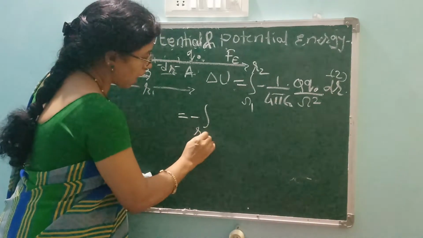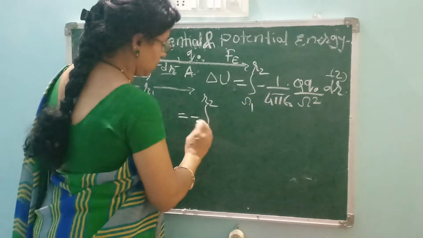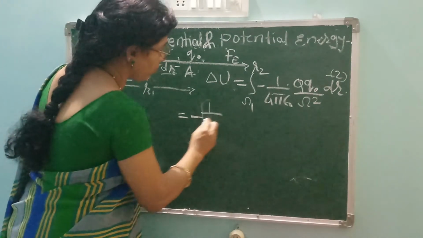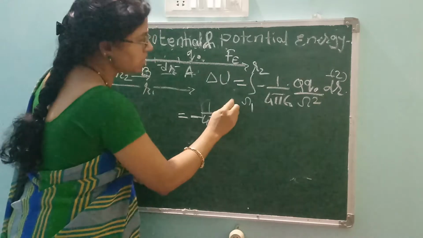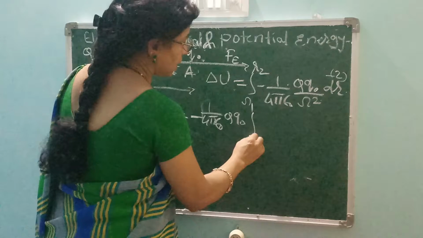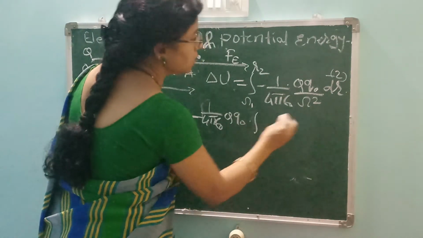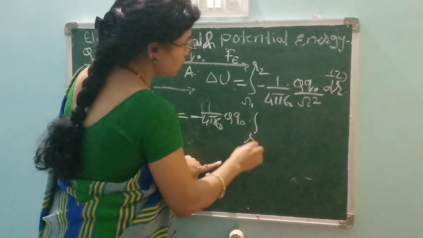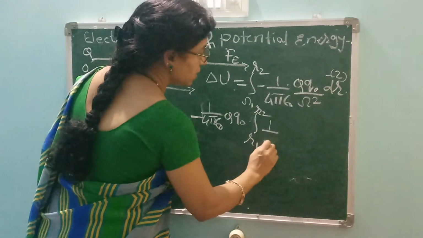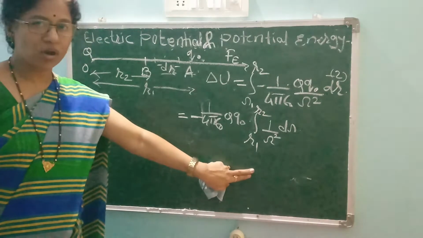Now in this case r1 to r2, whatever the constant term, we are taking outside, ठीक है, इसके इंटीग्रेशन के हम लोग बाहर ले लेते. So minus 1 upon 4 pi epsilon 0 q and q0, and next अब हम लोग देखते हैं इंटीग्रेशन में क्या क्या आता है. Now in that integration, r1 is the initial position and r2 the final position, and we have remaining r square and dr. Okay, all of you got it this much.